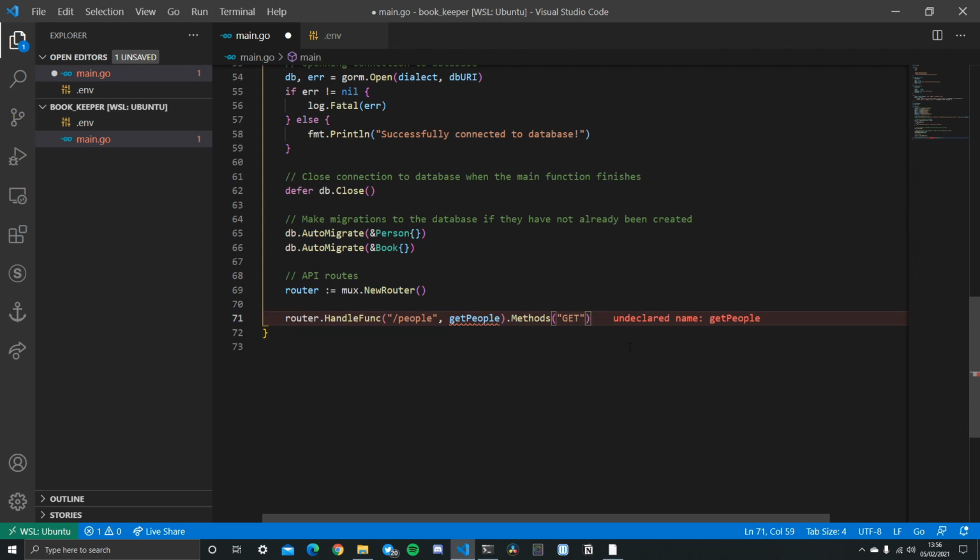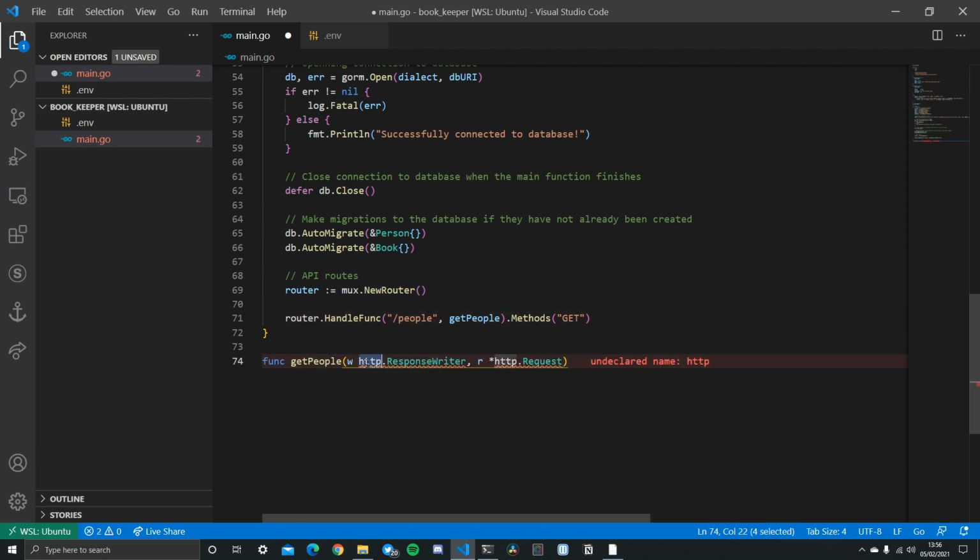Okay, so I'm just going to quickly code one up first, and then we can basically copy and paste all the code for everything else. So getPeople, make sure you have w and r. w is an http.ResponseWriter, and r is a pointer to http.Request. And then in here,